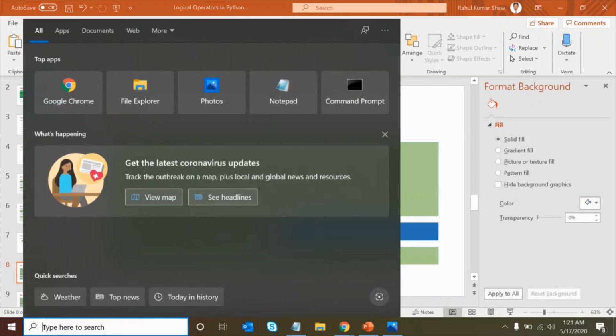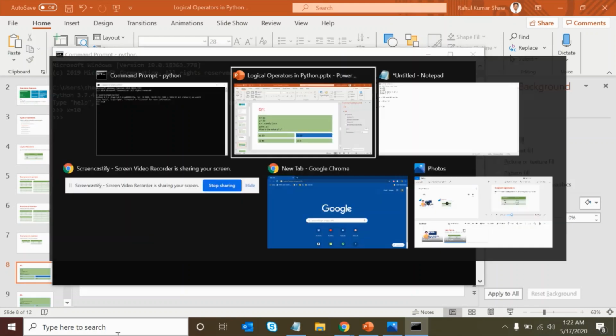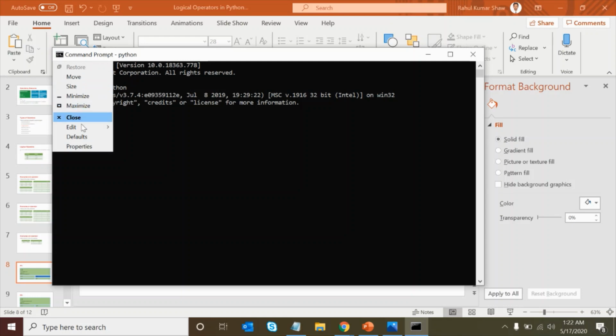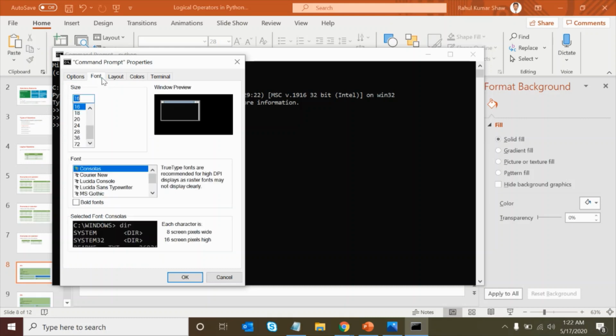Let's check in the compiler. I will open the command prompt and type Python. Now I will write x is equal to 10, y is equal to 20. I'll try to increase the font size also, I will make it 24.